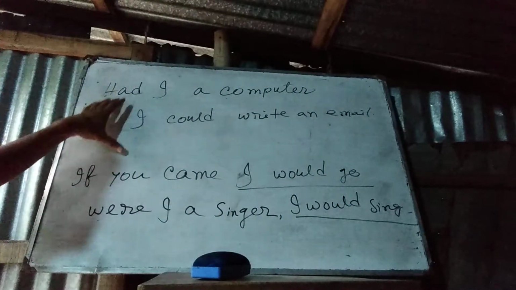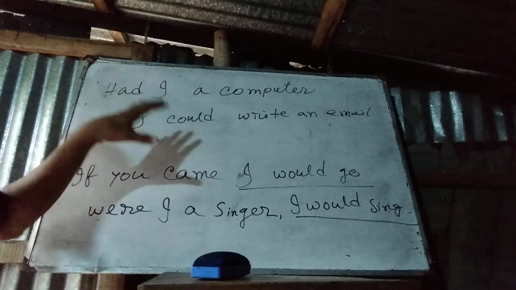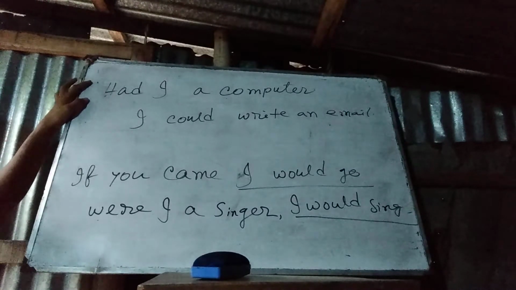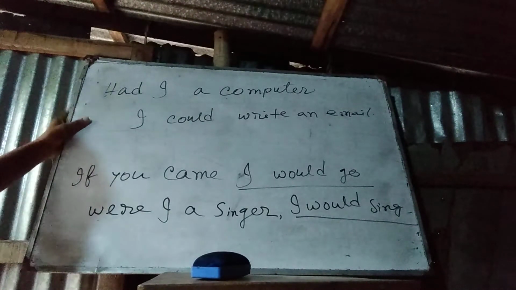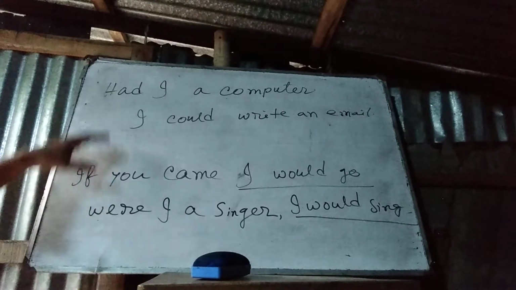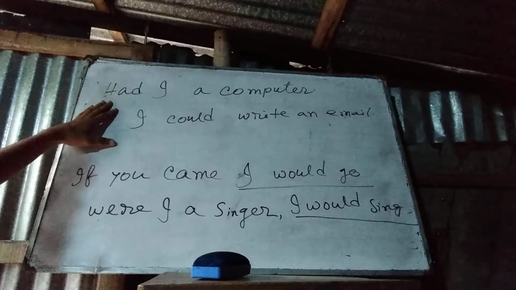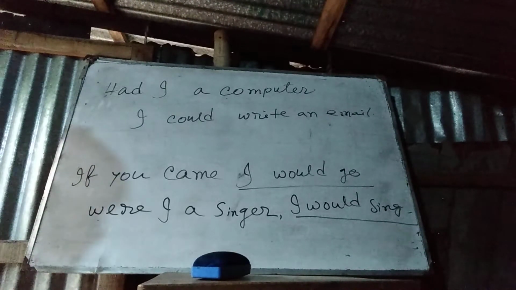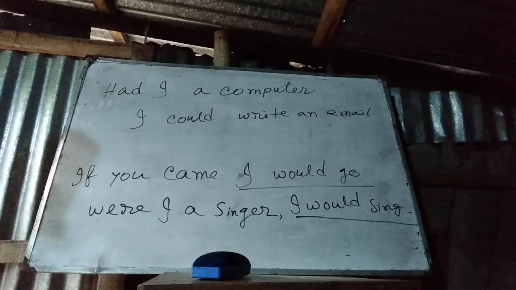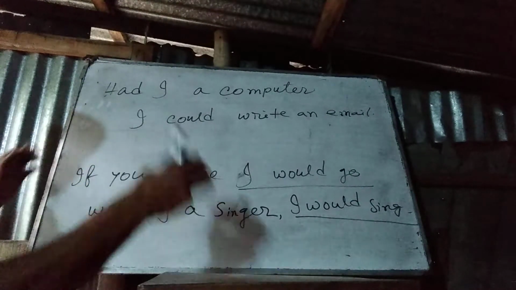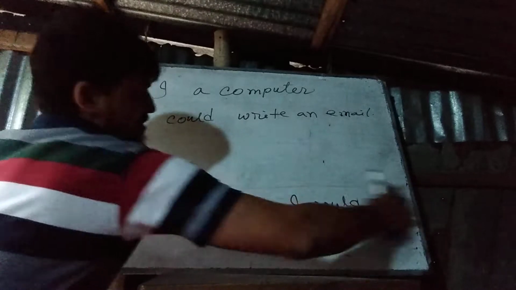যদি আমার কম্পিউটার থাকতো আমি ইমেলটা লিখতে পারতাম। এখানে ইফ কিন্তু নেই, তারপর এটা আমাদের সেকেন্ড কন্ডিশন হিসাবে কাউন্ট করতে হবে। তো এরকম ভাবে ওয়ার দিয়ে অনেক সময় সেকেন্ড কন্ডিশন শুরু হতে পারে, এই হ্যাড দিয়ে শুরু হতে পারে। সো আর ইফ দিয়ে যখন ভার্বের পাস্ট টেন্স থাকবে তখন তো সেকেন্ড কন্ডিশন হবেই। তো এই তিন ধরনের সেন্টেন্স আমরা সেকেন্ড কন্ডিশন দেখতে পাবো।